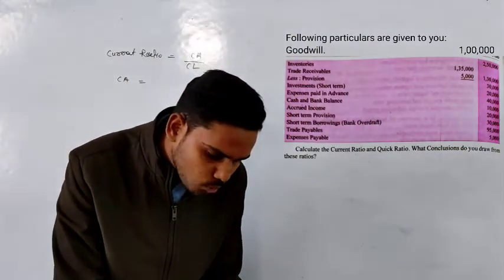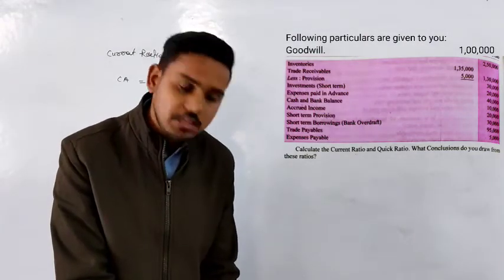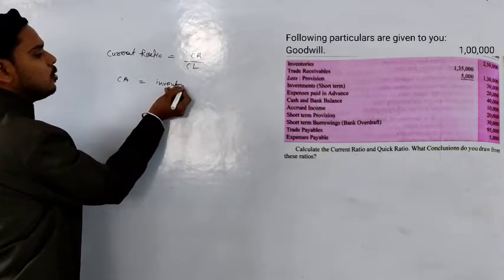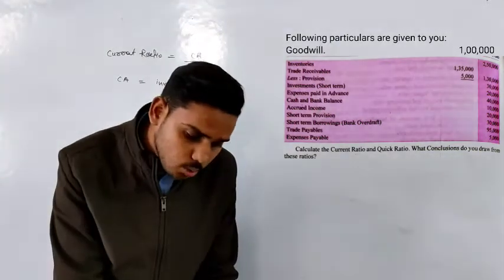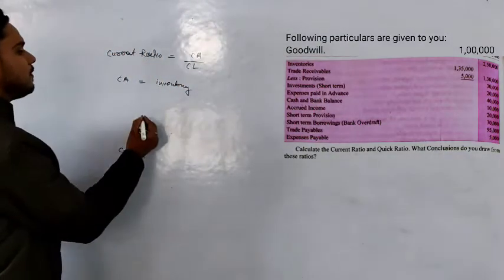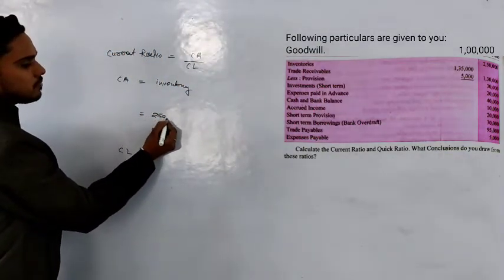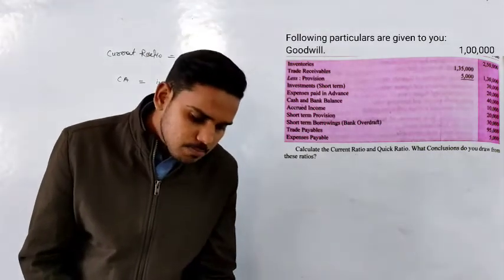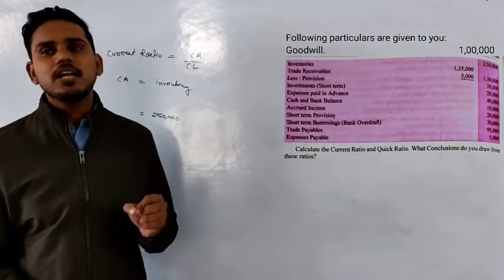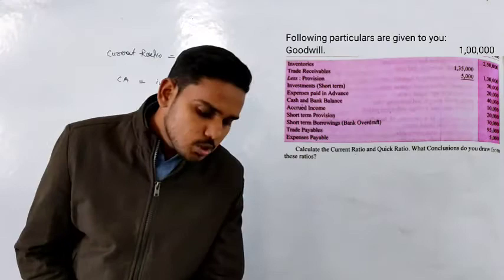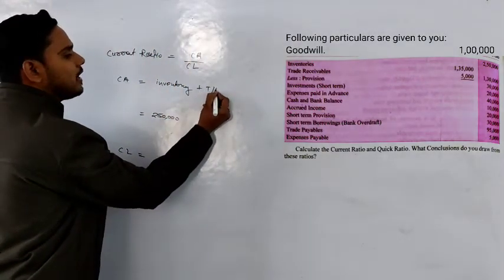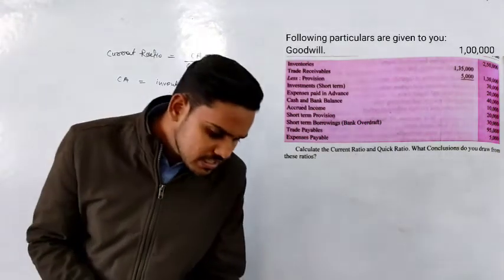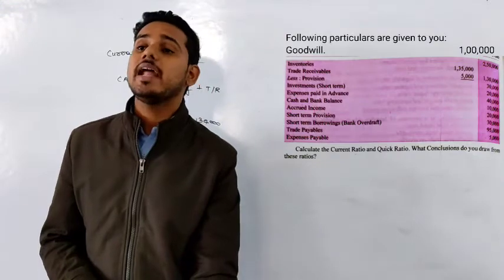Next we have inventory of 250. So that we can consider or not? Yes, we can consider. But remember one thing, in inventory, if we have any loose tool or spare parts given, we need to ignore them. Okay. So we have written current asset as 2,50,000. Then next information is our trade receivable 135 minus provision is 5,000, and we need to take trade receivable as net trade receivable. So we will take trade receivable as only 1,30,000. No confusion.